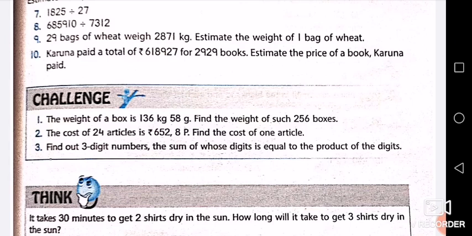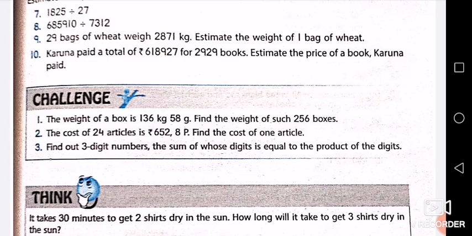Yes, because the number given on the 100s place is 9, which is greater than 5. So 1 will be added on the 1000s place. So that will become 3000 books. Now we'll come to the total money which is paid, which is